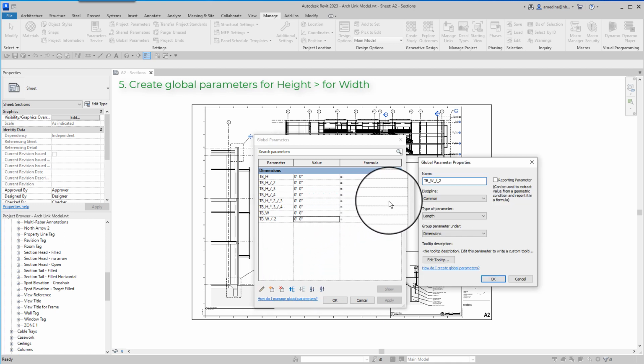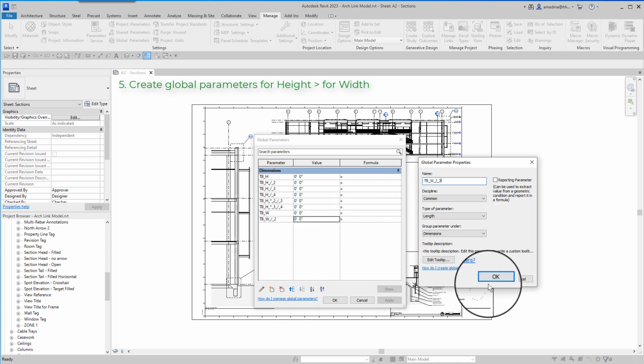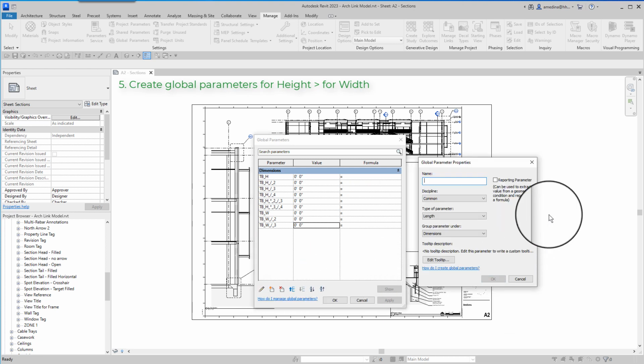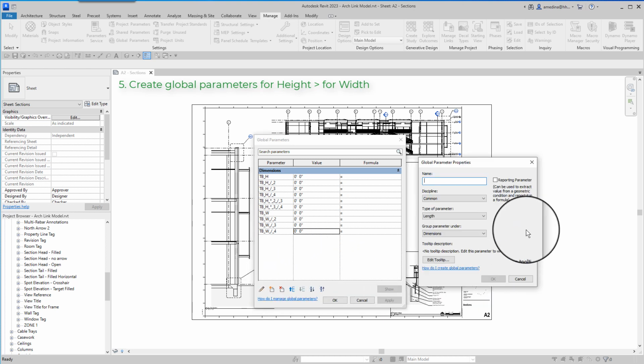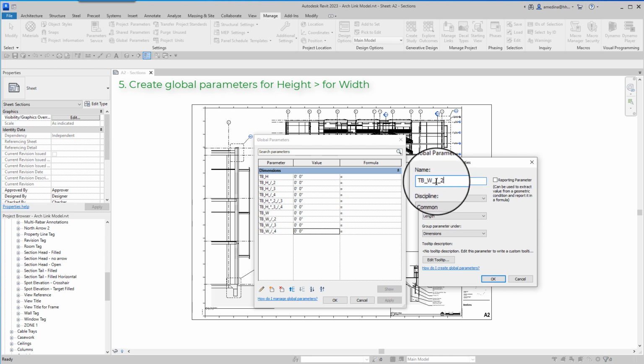Title block width divided by 3. Title block width divided by 4. And then I do the 2/3 and the 3/4. So this one would be following the same format. This one would be title block width multiplied by 2 divided by 3. This would be my 2/3.